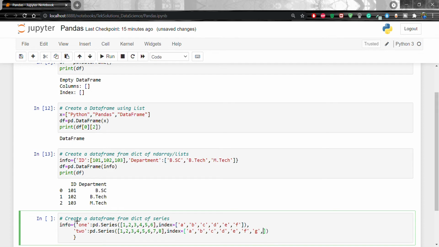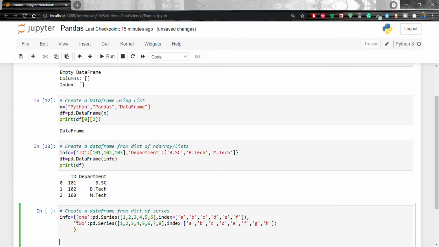Otherwise, both will be the same, G and H. Okay, this series is created. Now we have to use df equal to pd.DataFrame. I'm going to pass info and enter, print df.